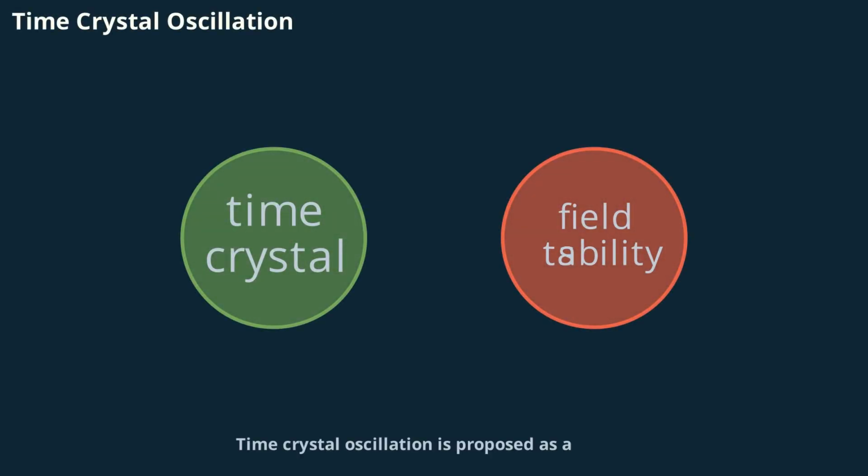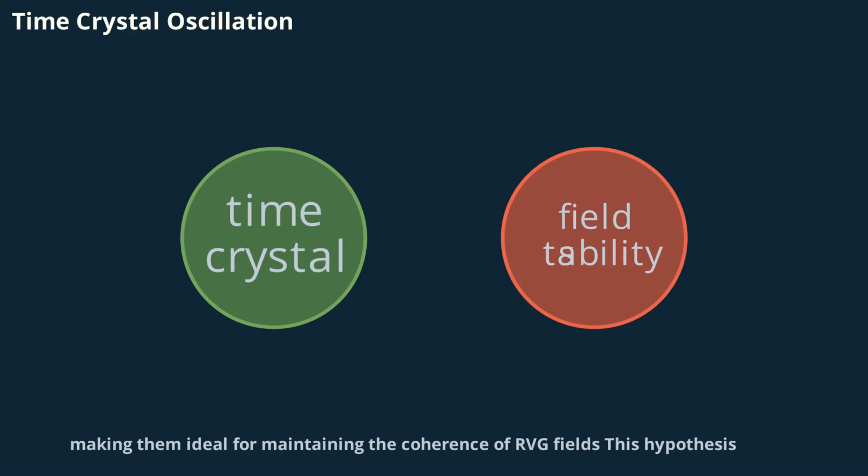Time crystal oscillation is proposed as a method for stabilizing refractive gradients over time, enabling persistent gravity fields. Time crystals are a new phase of matter that exhibit periodic motion without energy input, making them ideal for maintaining the coherence of RVG fields. This hypothesis, while speculative, is grounded in recent advances in condensed matter physics and offers a promising avenue for future